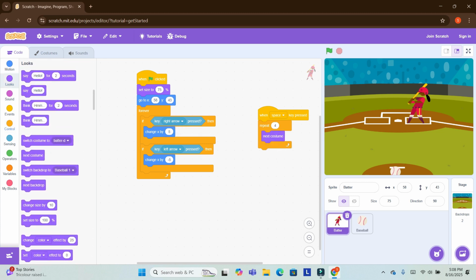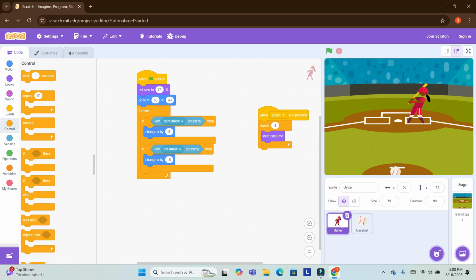Next costume, and again to Control. And now we have to drag the wait 1 second block. We have to put 0.2 seconds there. So our batter blocks have been completed. So the batter will move perfectly.